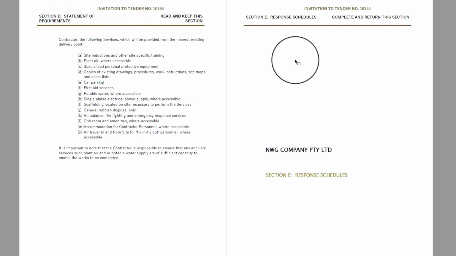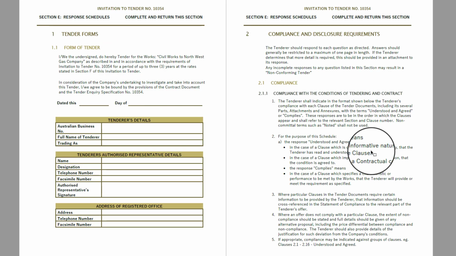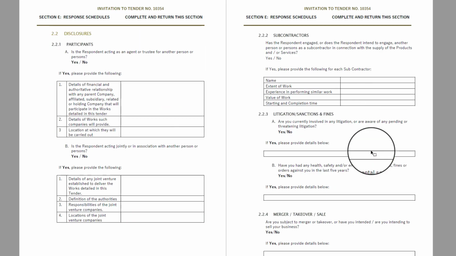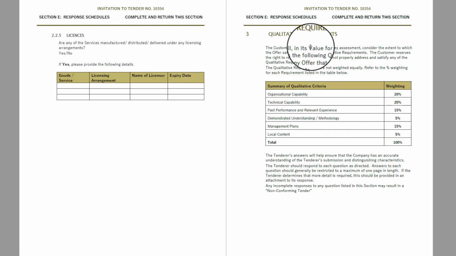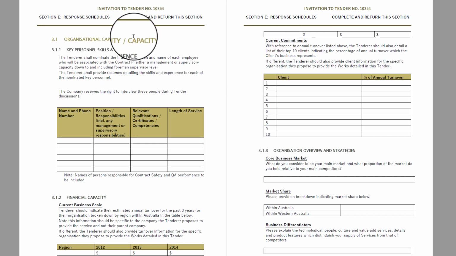Let's go back to the response schedules. We've talked about a number of these in the past. Now, I just want to show you something. Qualitative criteria. Okay, so here's organizational capability and capacity. So they're two very different terms. They mean two very different things, but they're closely related. Capability means, are you able to do the work? Do you have the necessary resources and knowledge and skills and attitudes and people within your company? And capacity means, even if you have all of that, do you have the spare capacity, the bandwidth to take